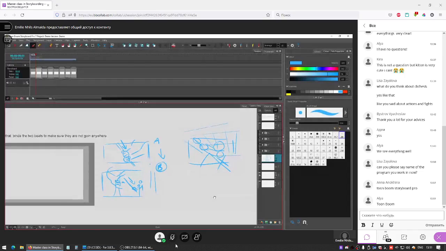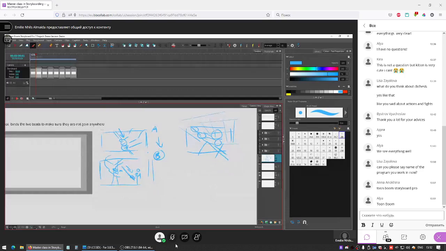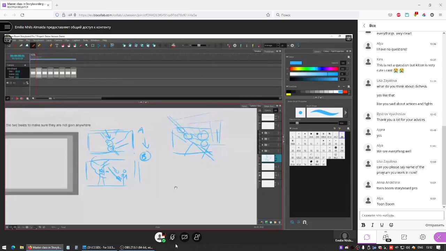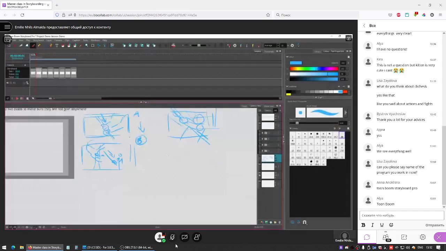Whereas this was more of a flat shot, just having it in profile. But this would be a little bit more cinematic, and you can see he's pushing, and then reveal the two characters. I think I want to show his expression first,